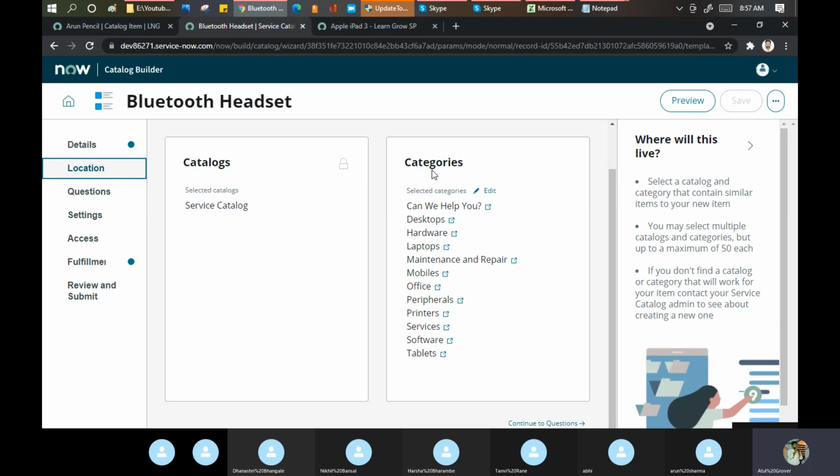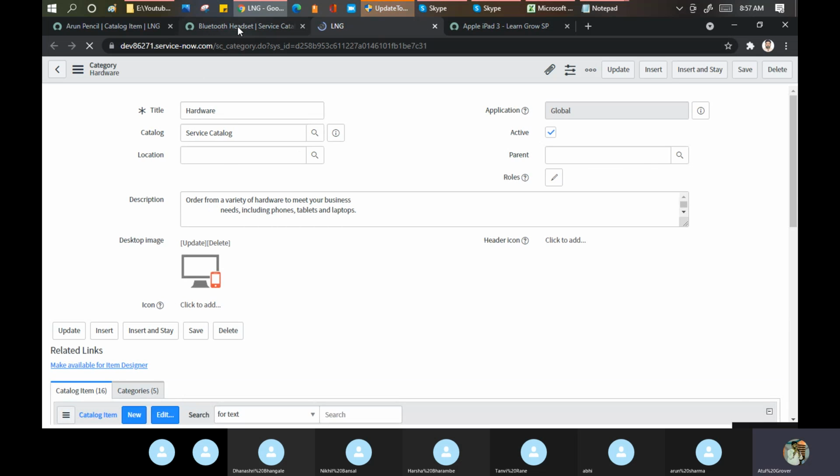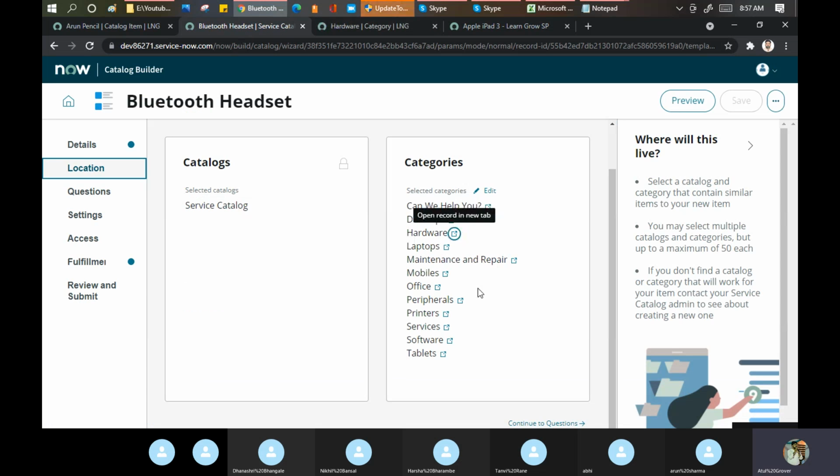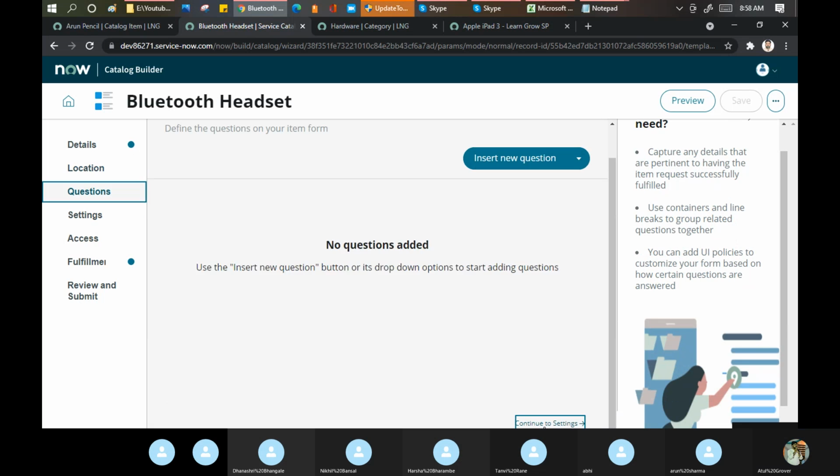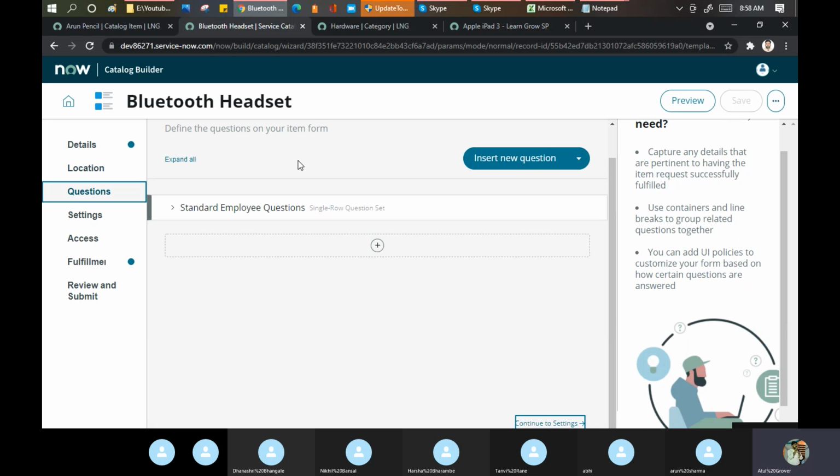I say, okay, categories, let me put in the hardware. Okay, let me go here. Why am I not able to select this? Okay, continue to the question. Let's see what it shows me.